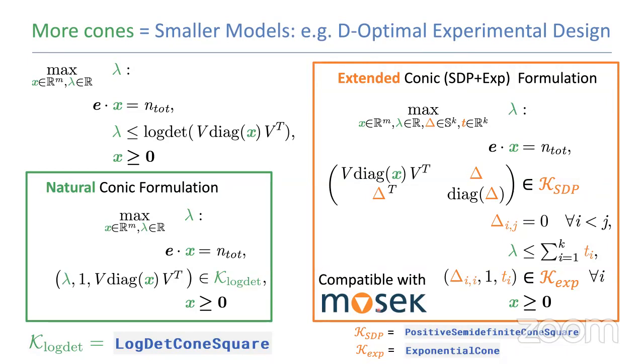If you wanted to use MOSEK directly to solve this problem, MOSEK understands the semidefinite cone and the exponential cone. You can rewrite this problem for those cones by adding extra matrix variables. This is something that the bridges in JuMP and MOI will do automatically for you if you need to. The only problem is that you added these extra variables, and now you have a problem that is significantly larger. And this could cost you in memory, in speed, and in solvability in general.